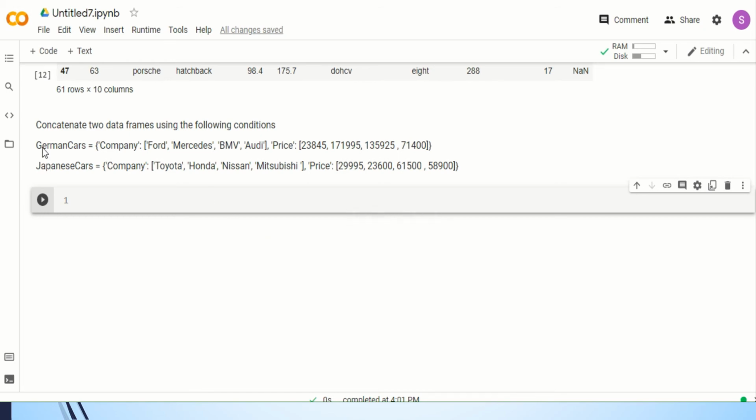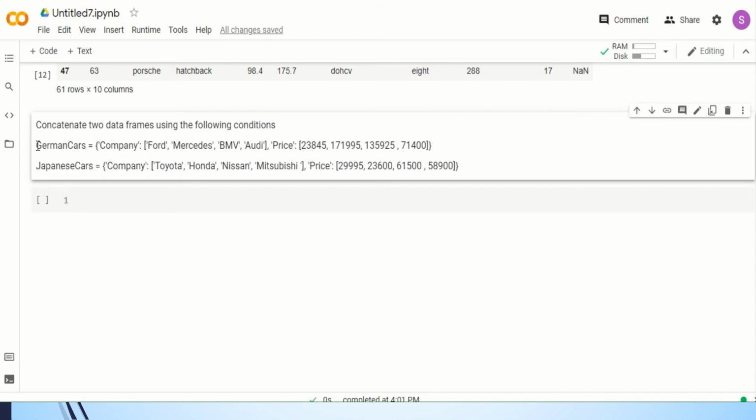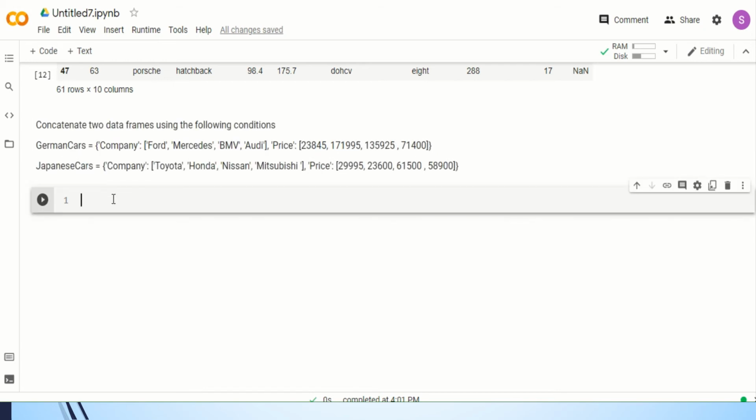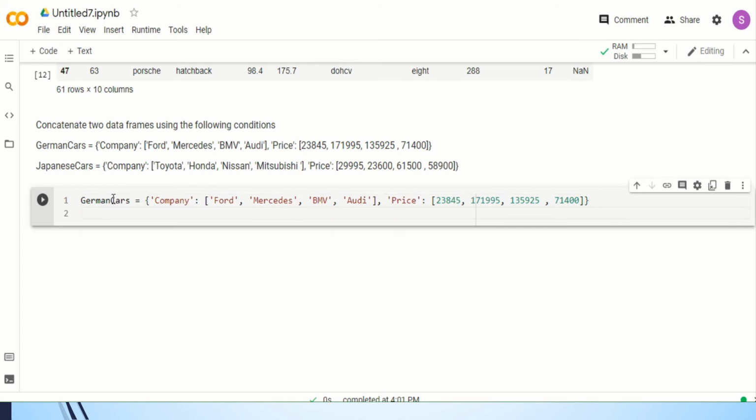For that our command will be... I just copy this dictionary in our command window. Now our next target is to transfer this dictionary to a data frame. For that our command will be